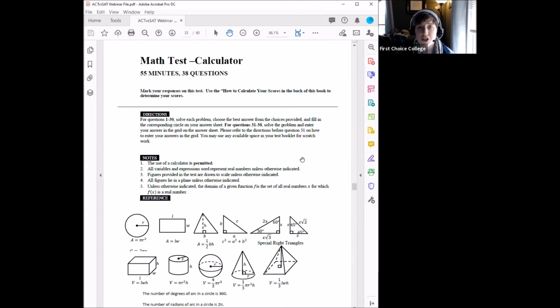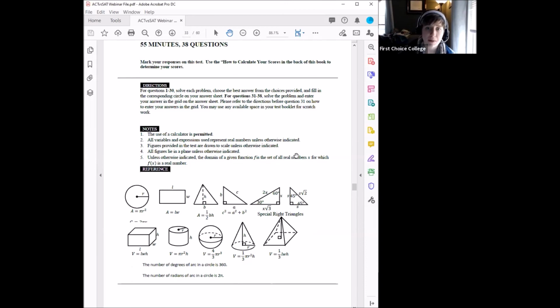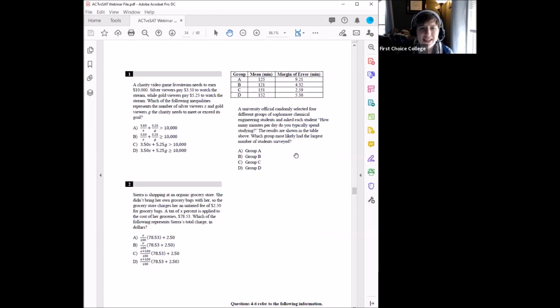So the calculator section on the SAT, you get this, right? And this is also on the non-calculator section, except it just says use of calculators not permitted. But they get all of these nice geometry formulas. So for students who really struggle with memorizing formulas, that's something the SAT offers. The downside is these formulas only come in handy for one or two of the whole questions. So there's that. But the questions tend to be a little trickier,